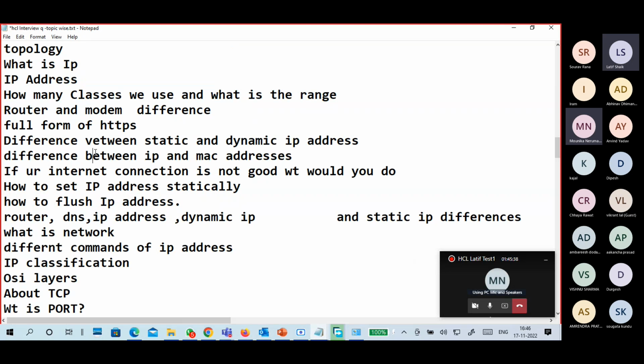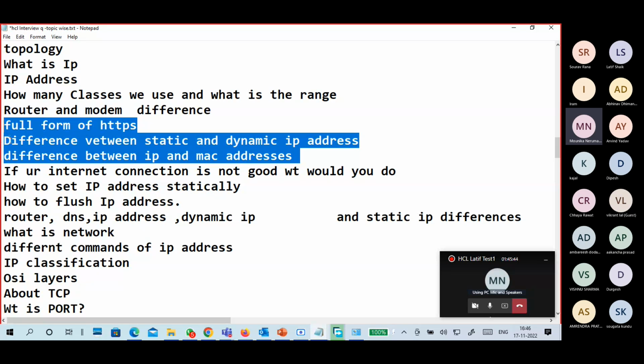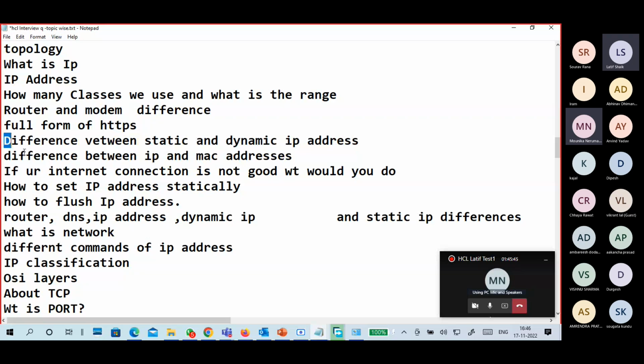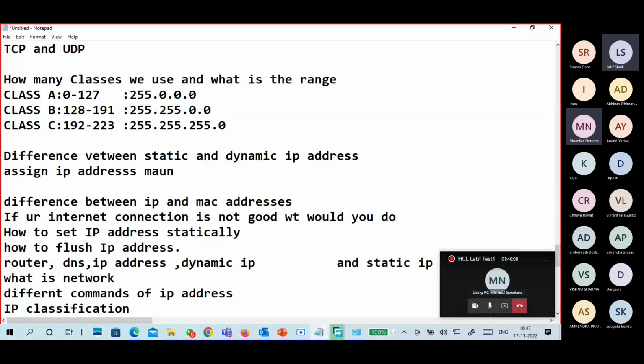Difference between IP address and MAC address. Difference between dynamic IP and static IP. Okay, we assign the IP address manually, that is manual static IP.